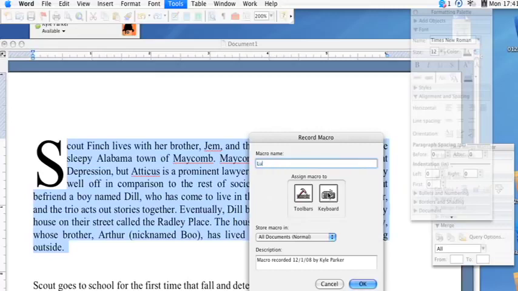So I'm going to call this Lucida format, and then down here we can give it a description. Changes text to Lucida handwriting 14 blue,